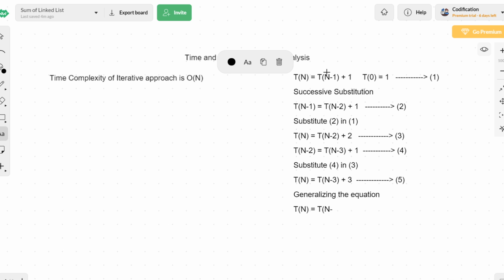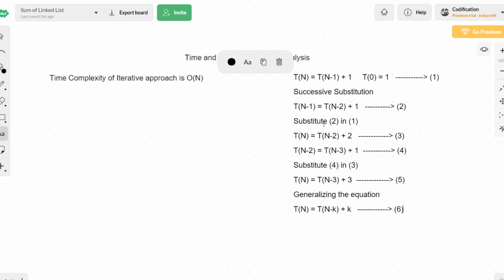This negative term is actually changing. Initially it was minus 1, then after substitution minus 2, after the next substitution minus 3. Let us take the changing value as k generally. Then plus. This positive value is also changing. Initially 1, then after substitution 2, after the next substitution 3. And hope you are able to see that if this is 1, this term is also 1. If this is 2, then this term is 2. If this term is 3, then this term is also 3. So if this is k, then this positive value is also k. And this equation we can call equation number 6.